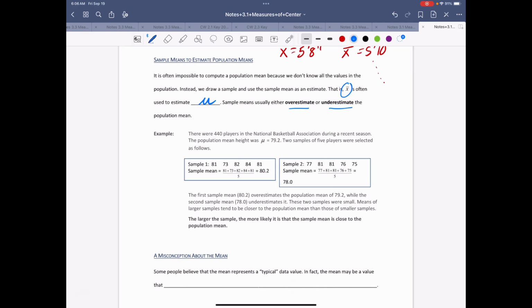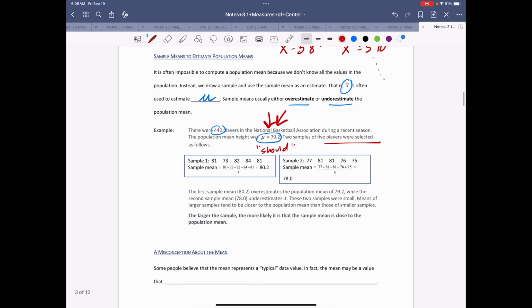There are 440 players in the NBA. The population mean is 79.2. You take samples of 5 players. So what you should get, and I'm going to say should like this, what you should get is 79.2. All right, but what happens when you take a sample, like if you look at this first sample, they got